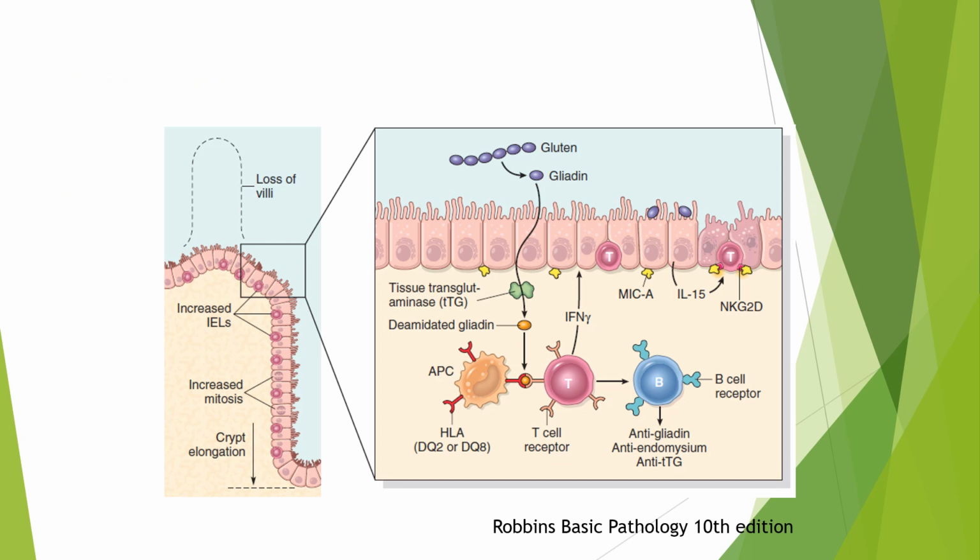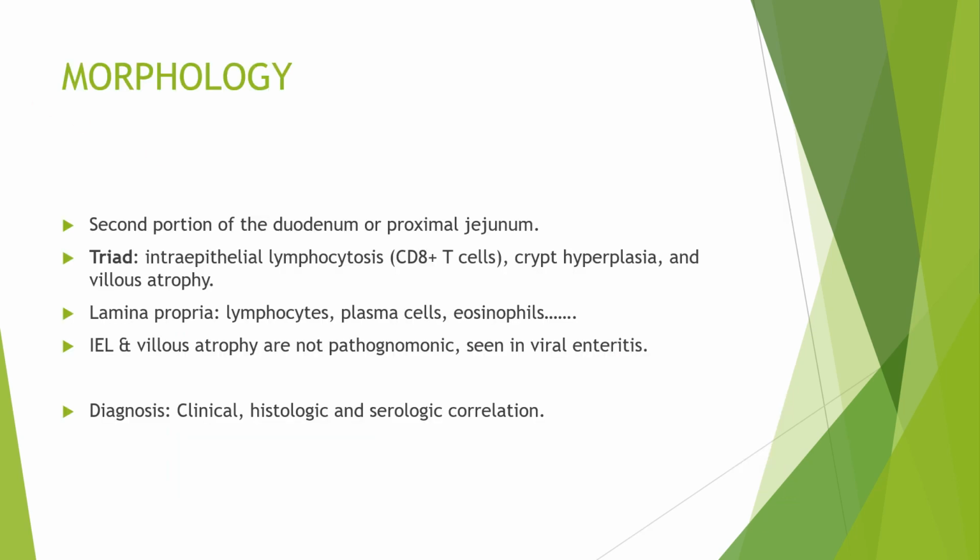Now, this illustration here describes what I have said in the previous slide. Note that the main change in celiac is the loss of the villi of variable degrees. Now, regarding the morphology of celiac disease, the disease mainly affects the second part of the duodenum with the proximal jejunum. So if we need to diagnose the celiac disease and we suspect it based on the clinical picture